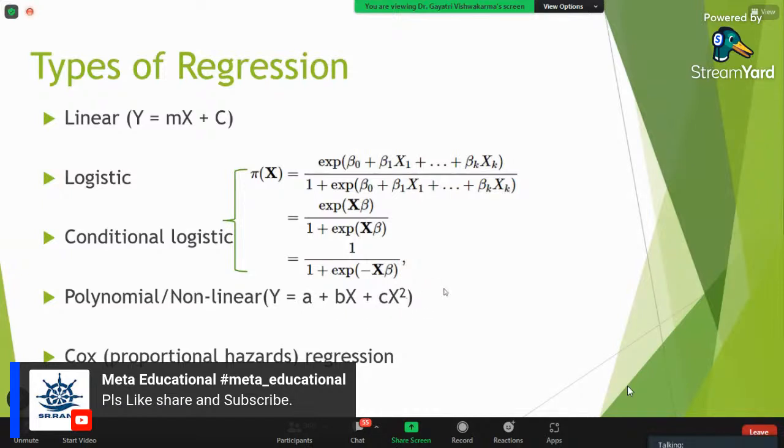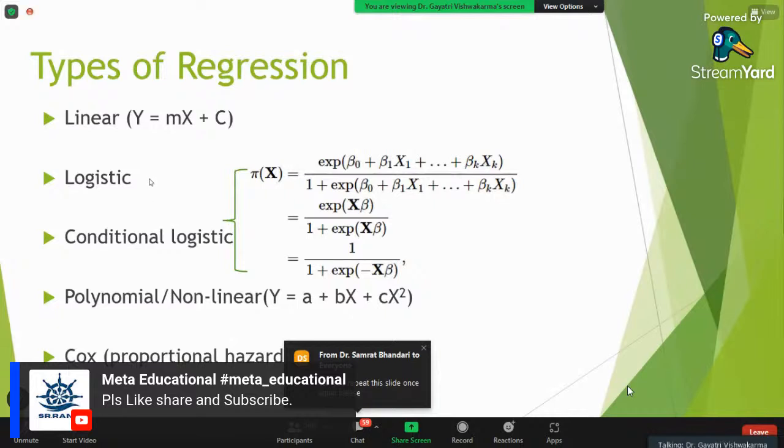Okay. So this is clear. It depends on your dependent variable which type of regression you have to apply. If you have a continuous dependent variable, you can apply linear or non-linear based on some assumption. If you have a categorical dependent variable, let's say case control, treatment, placebo, or gender, then you have to apply logistic.